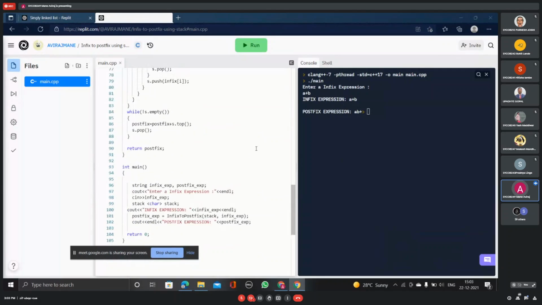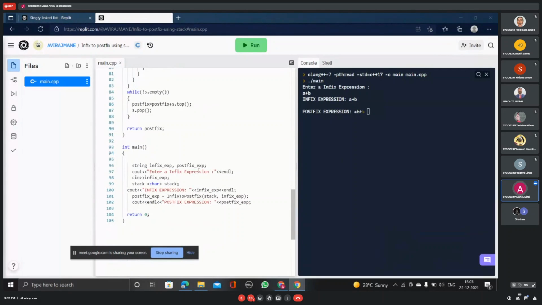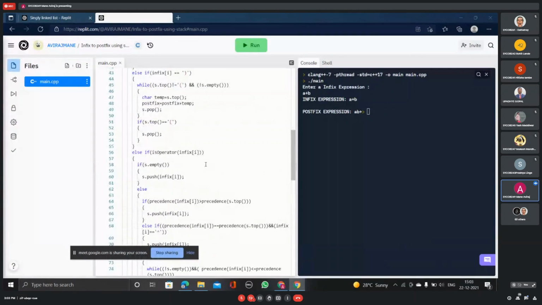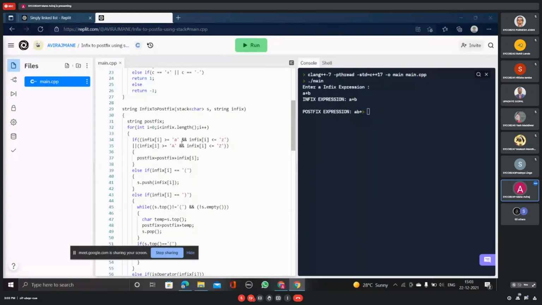In the main, I have taken an infix string, which we'll use to enter an infix expression. After that, we will traverse and check the operators and operands. If an operand is present, we will just put it in the postfix output, and for the operators, we will check the operator precedence.